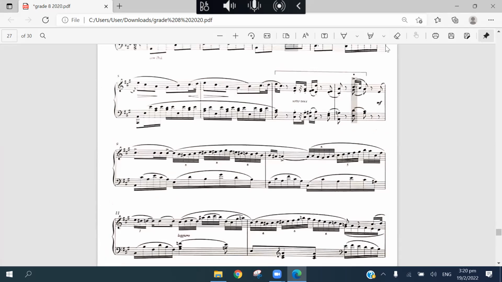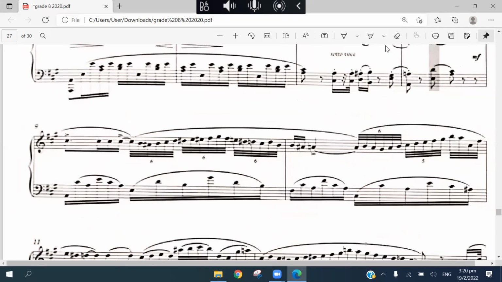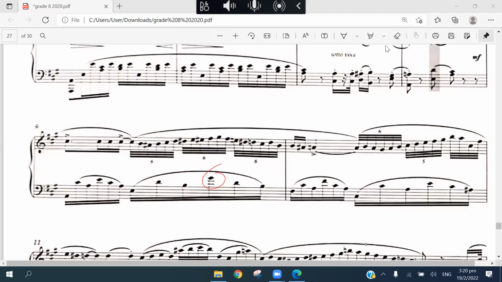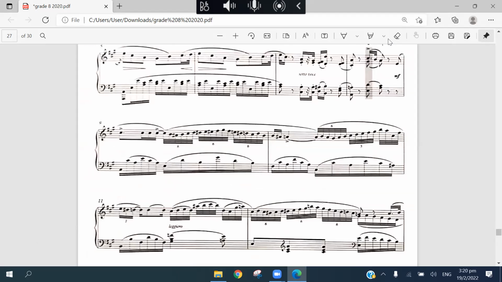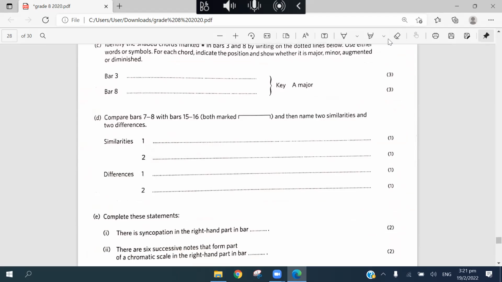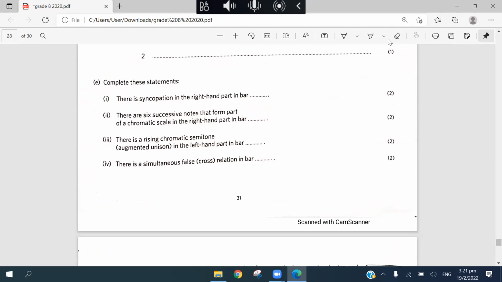Same. bar 9 which note 我看不到嘞。Yeah, this one G and who? This one? False relations 我看一下。